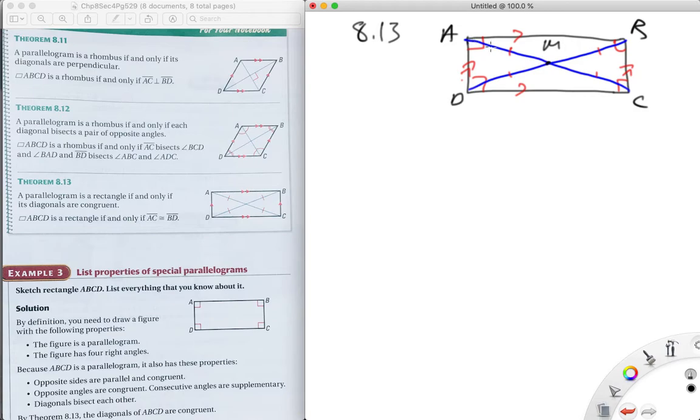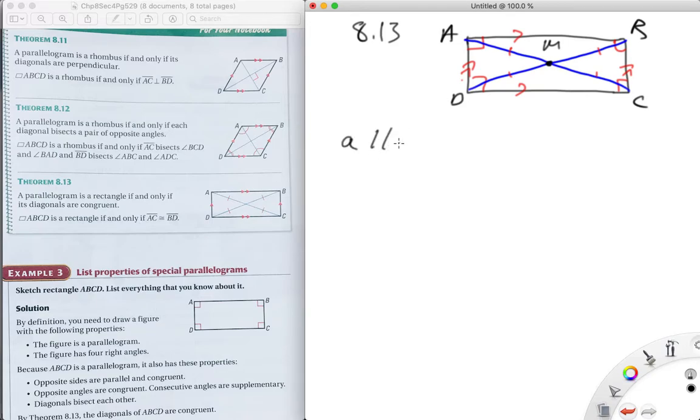That was a point M. Remember that it bisects at point M, so this guy and this guy are congruent, this guy and this guy are congruent. But in a rectangle, the diagonals are also congruent, so all 4 of these guys are congruent to each other. So Theorem